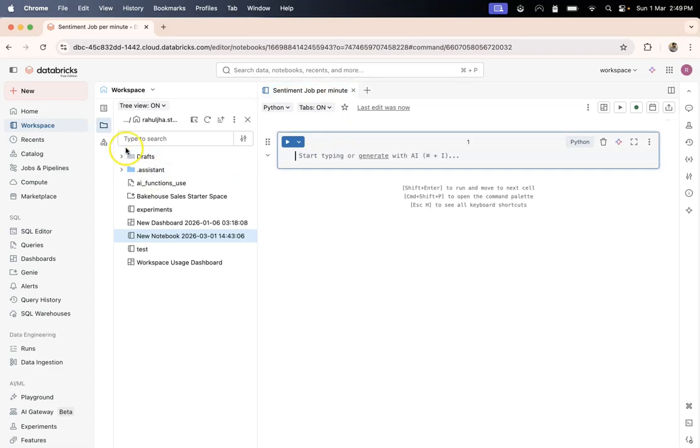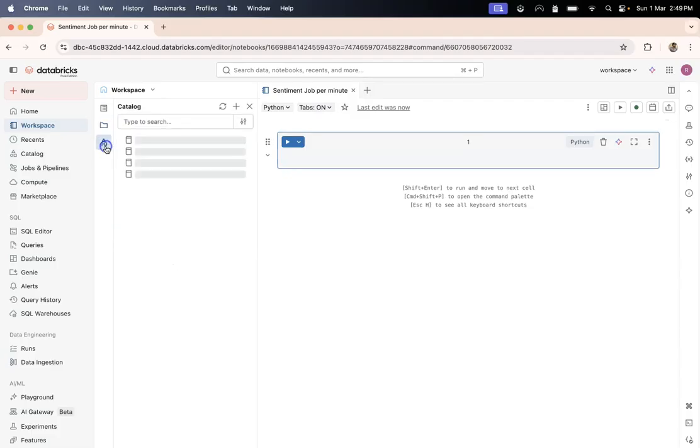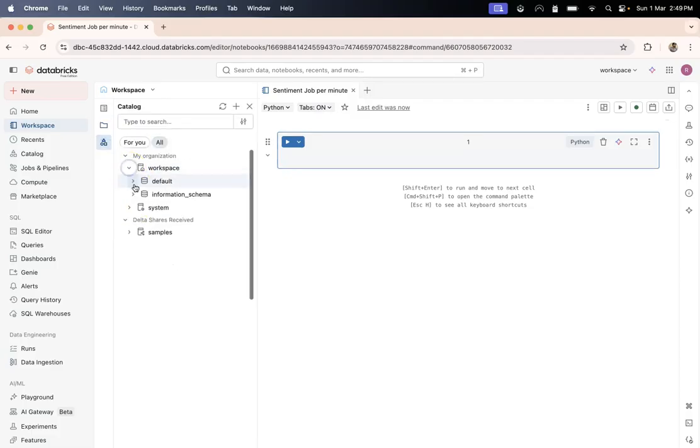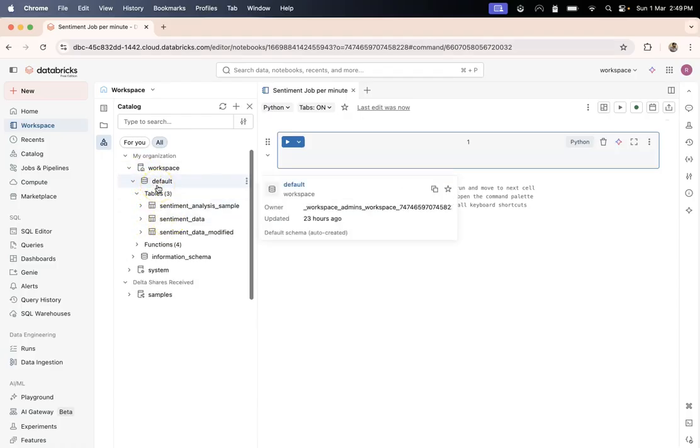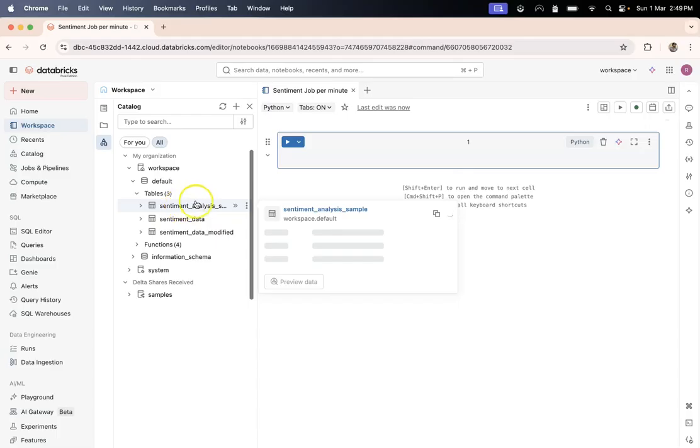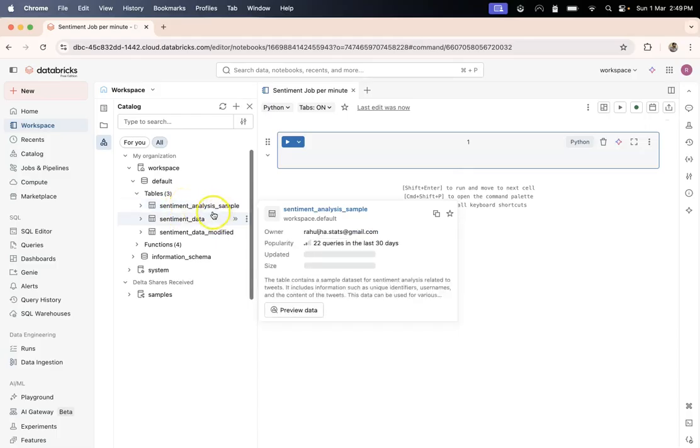Now here the idea would be, let me go to catalog, to read from this workspace default. Although I know usually people in real organizations don't read from their default workspaces, let's assume that you have this table which gets created daily, and for now let's assume that it is overwritten, not daily but per minute.